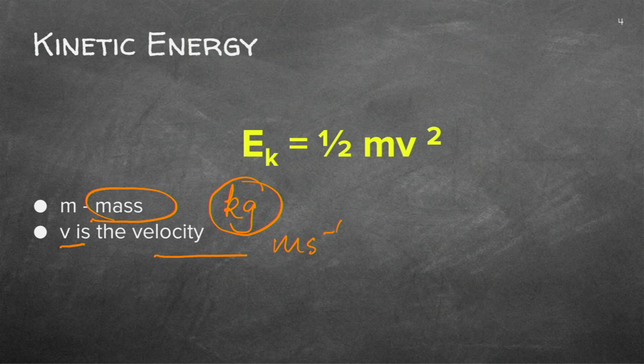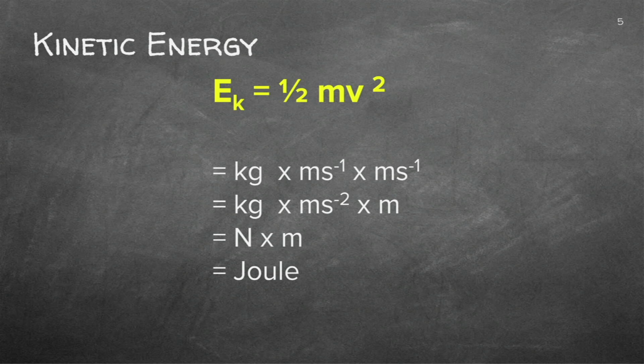Now, let's quickly have a look at this unit joule. So, I have kilogram, that's the mass. Do you see there? And I've got this velocity squared. So, it's in actual fact meter per second times meter per second. I can actually say this is kilograms. Do you see that? And I'm now taking that second to the minus 1, and I'm actually putting it together like that.